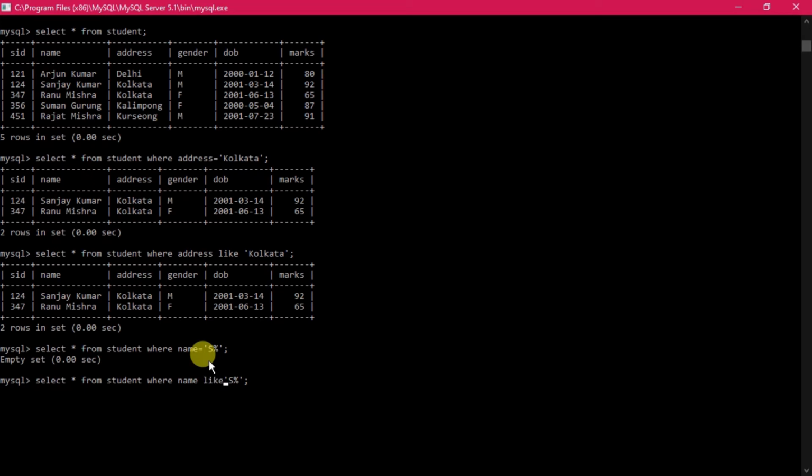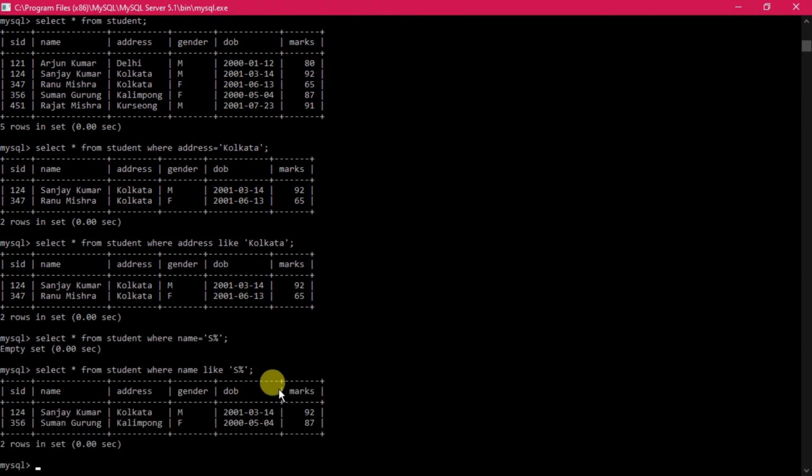Okay, and this is to be removed. So it is better to use the LIKE clause whenever you are accessing some string value. Now it is displaying. It was showing empty set out here. Now it is displaying values. What changes have I made? I made equals to here, and now I made LIKE.